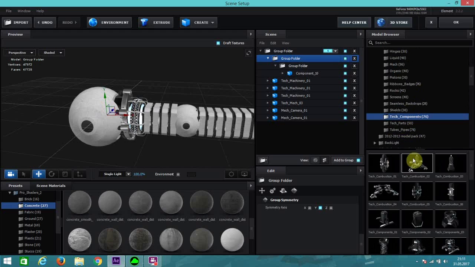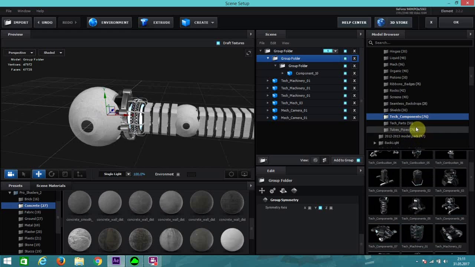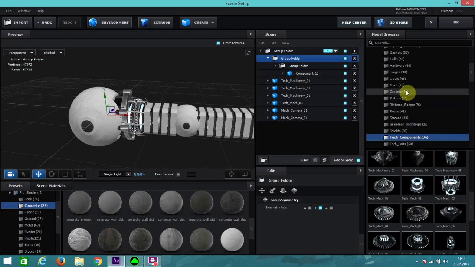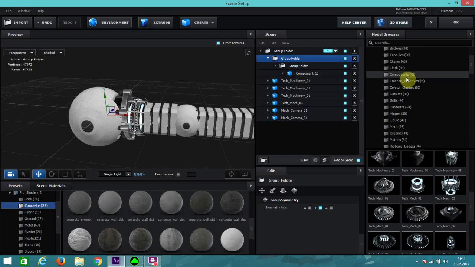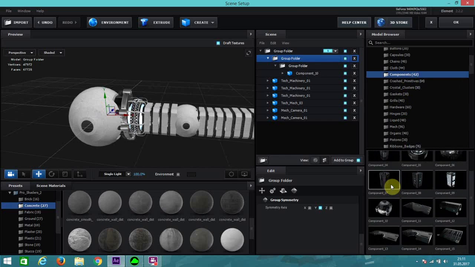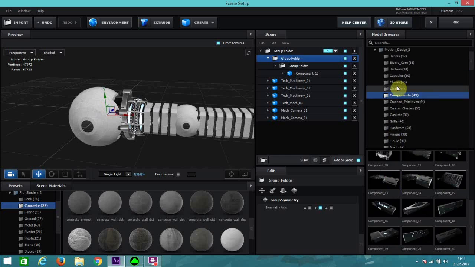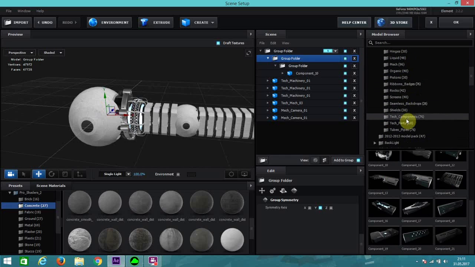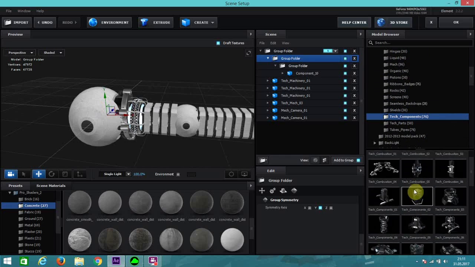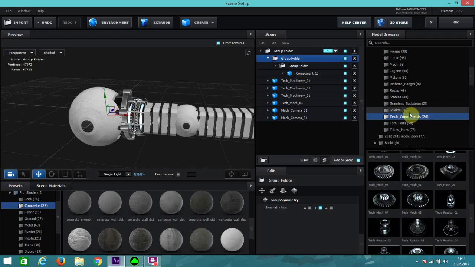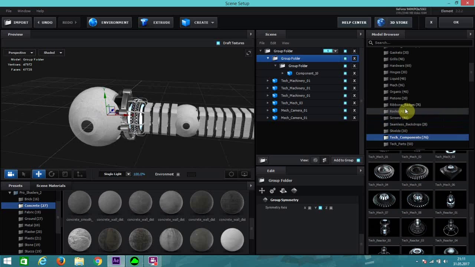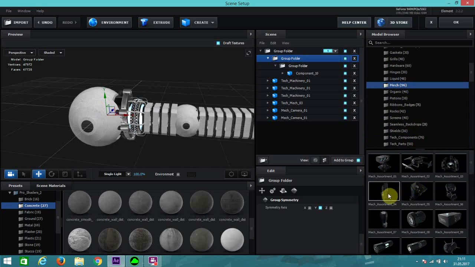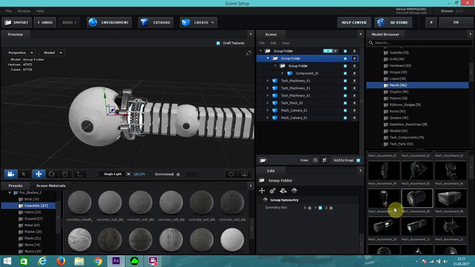So many folders to remember where everything is. Mesh, I think it's mesh. Mesh. Yep, it's definitely mesh. We wanna go to mesh assortment 7